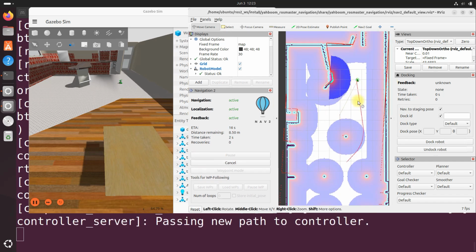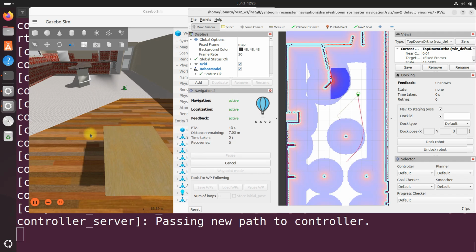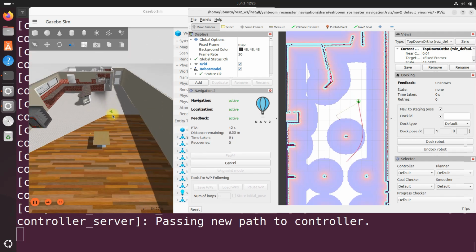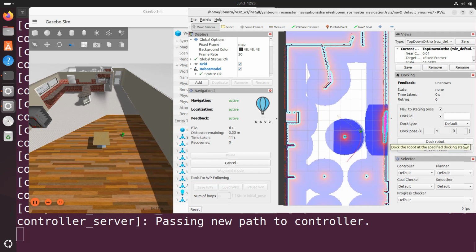See how it created a path around the obstacle, which is the table. So zoom out, you can see the robot over here, making a curved path around that table. So each time you send a new goal pose, the robot will replan its path and navigate towards the new